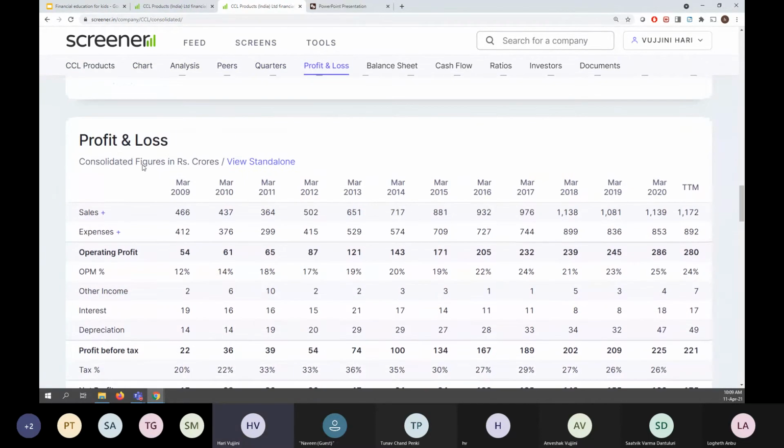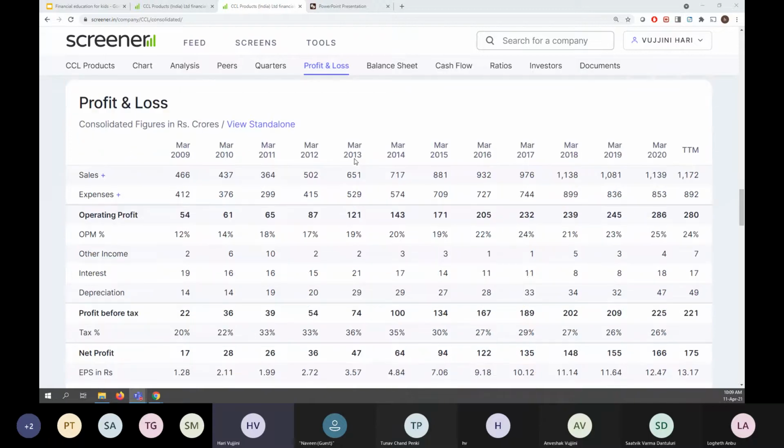if you remember, I told you some people also call it the profit loss statement. So the income statement is also called the profit loss statement. It's one and the same: profit loss statement equals income statement. So don't get confused, they use multiple terms for the same thing. Okay, so what are we looking at here? We are looking at the profit loss statement of the company called CCL Products.